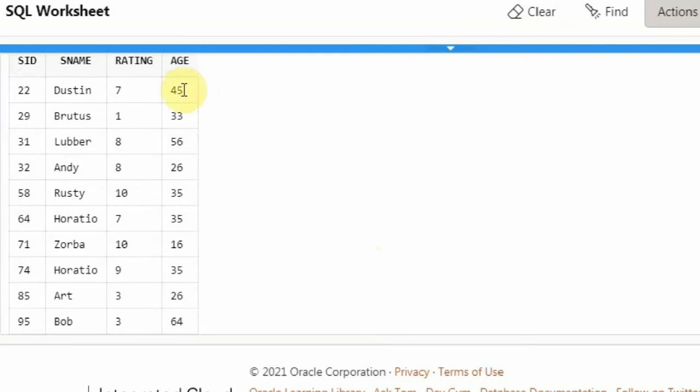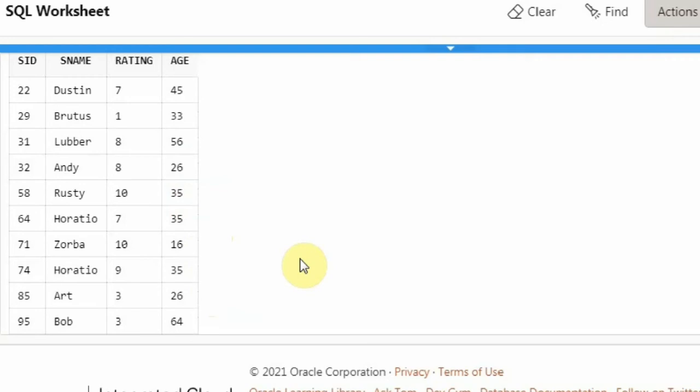So it will take 45, and 33 it will consider. 56 also it will consider, 26 also it will consider. There are 3 35s, so it will just take one 35, and there are 26s, it will just take one 26, and then it will perform the sum.